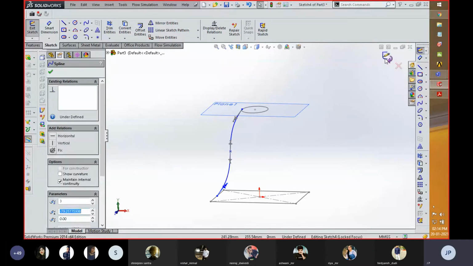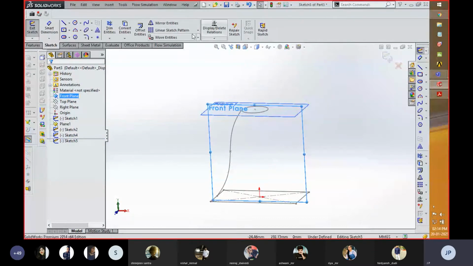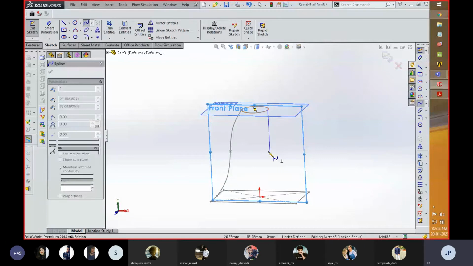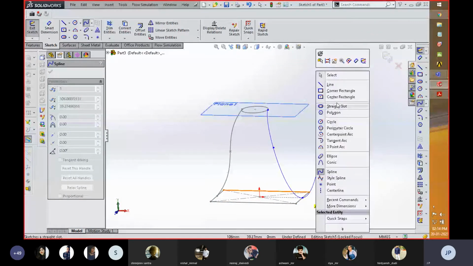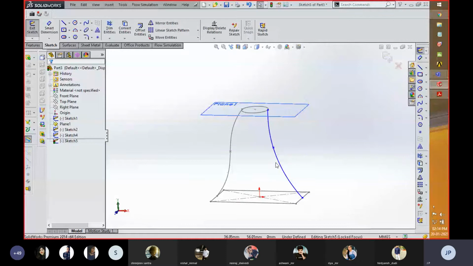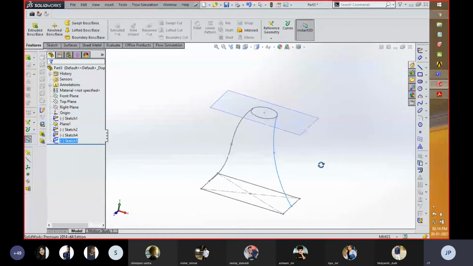Okay, this is one path. The other path which I am going to create over here is for the other side, also a different path. Okay, so you can see over here these two paths which I created are aligned in a different manner.